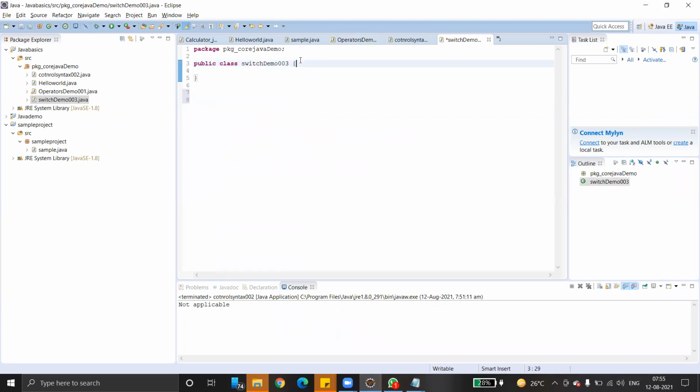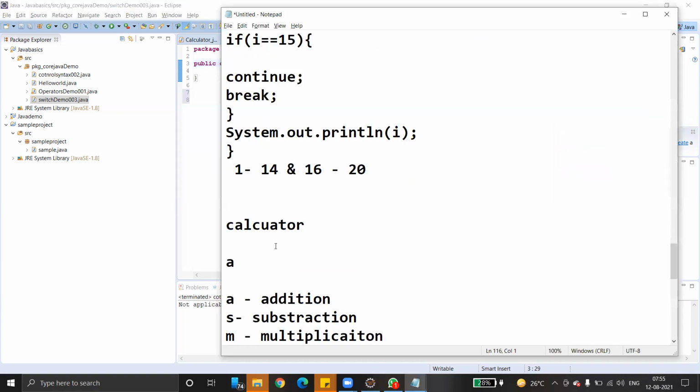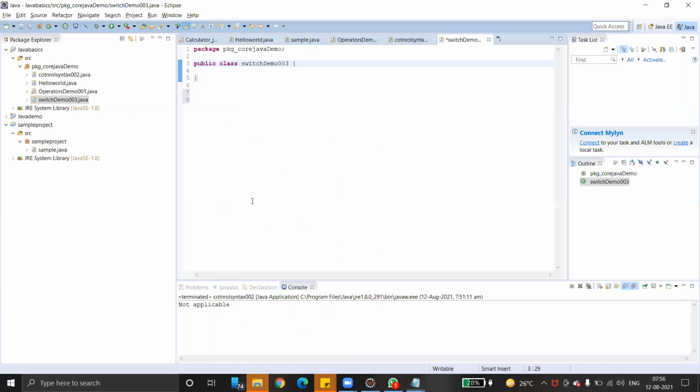First, let me explain the switch statement. First, it will take the expression. So switch takes the expression. Based on the expression, it will execute the different cases. And then we use a break statement to break. Break is actually optional in a switch case. Almost every time you deal with the switch case, use a break statement. Otherwise, you can ignore it. For the time being, I'm just using a very simple command.